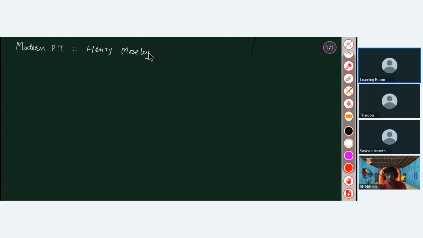Exactly, it was 1913. Now there is a very important law which you have to note down here, that is the modern periodic law. So what Henry Moseley told is that all the physical and chemical properties of elements